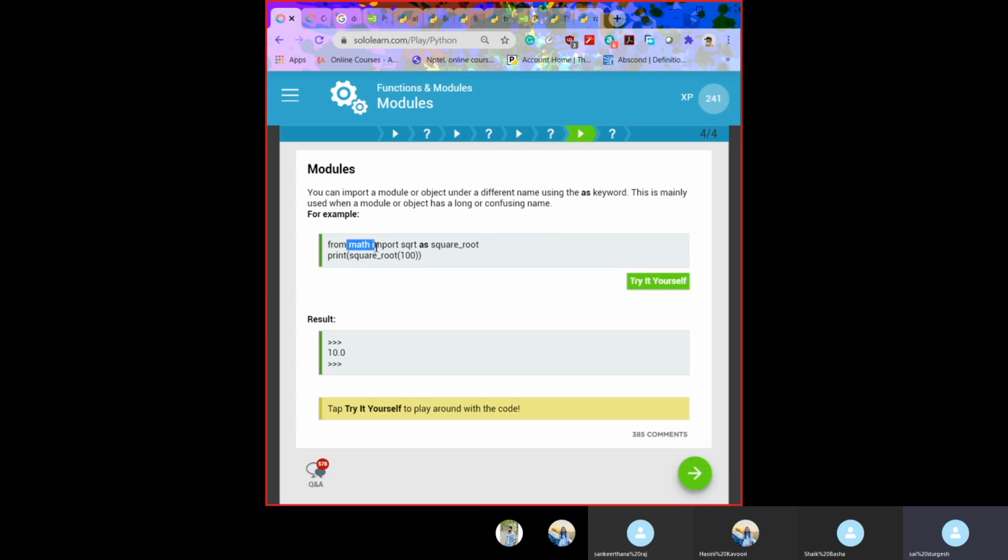From math, we are importing the square root. As we don't know,